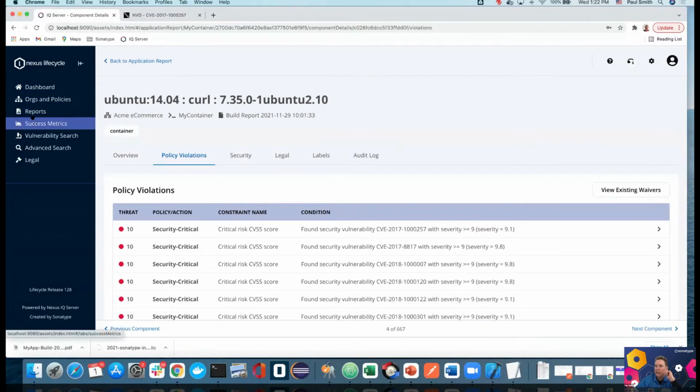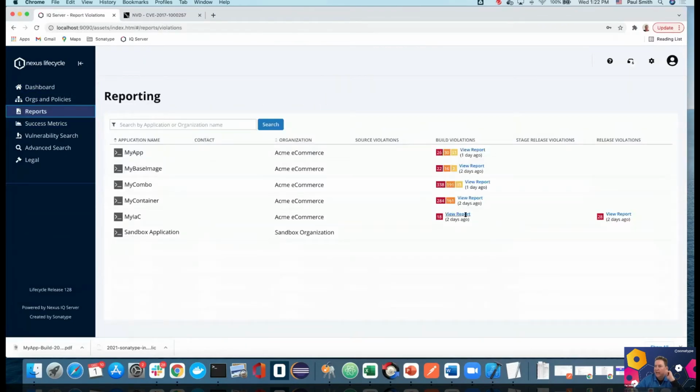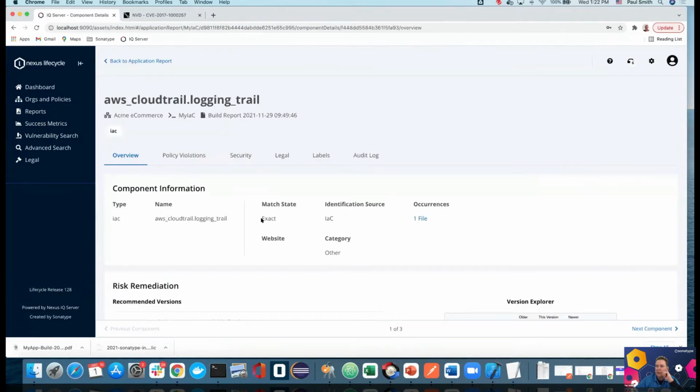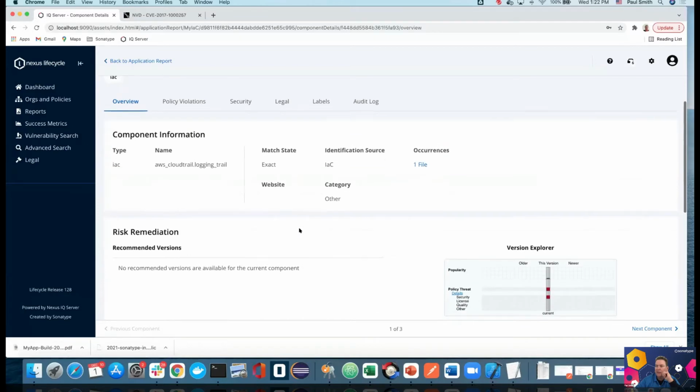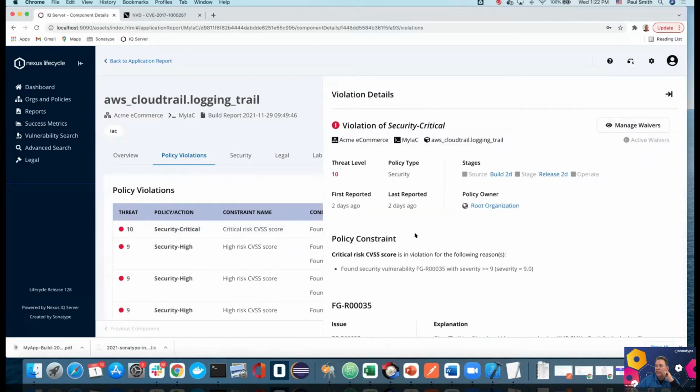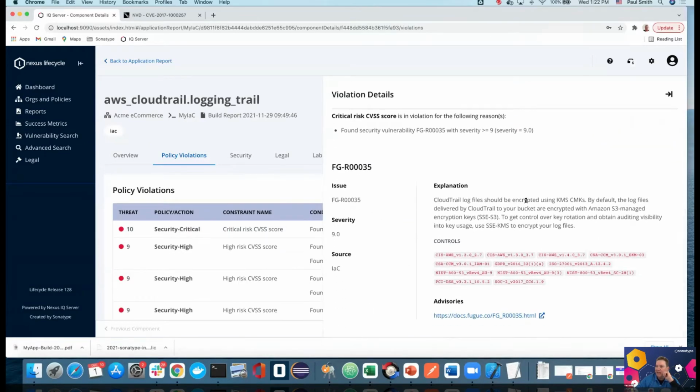All right. And in the same token, infrastructure as code is a little bit different. They're not necessarily vulnerabilities. They're more like best practices. So we can look at one and it's going to say, hey, the log file should be encrypted. And so it's really giving you best practices after it's scanning your infrastructure as code.